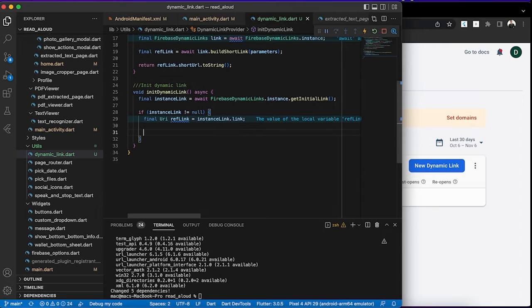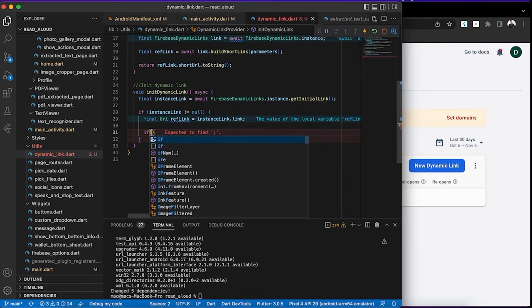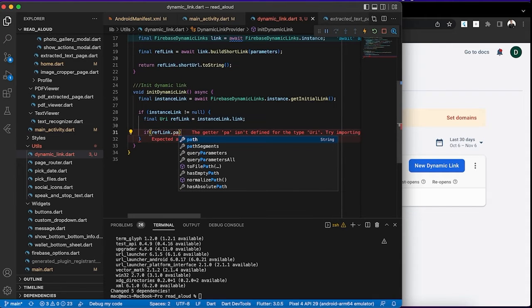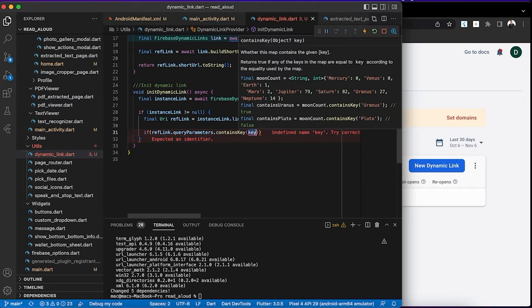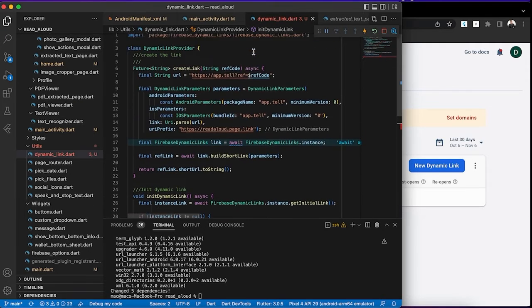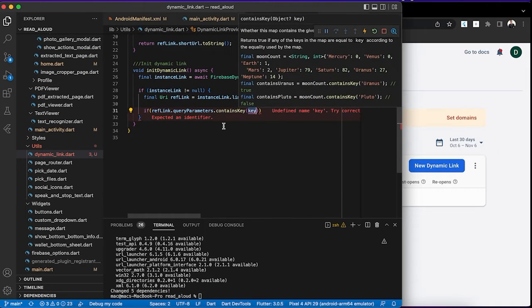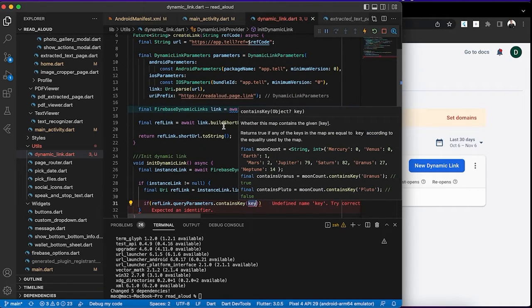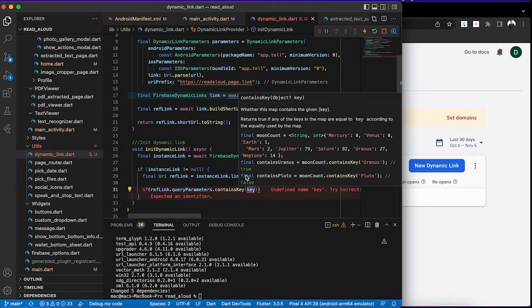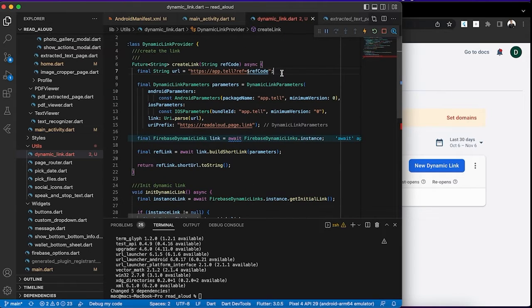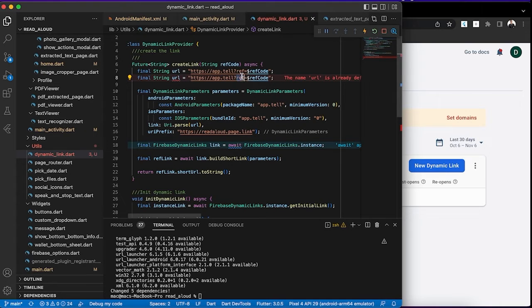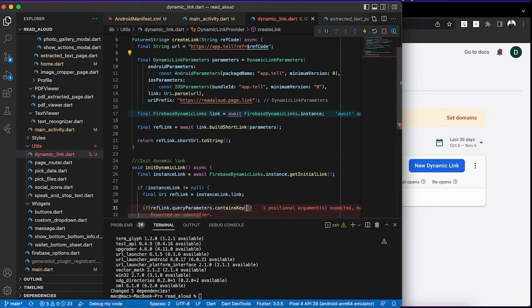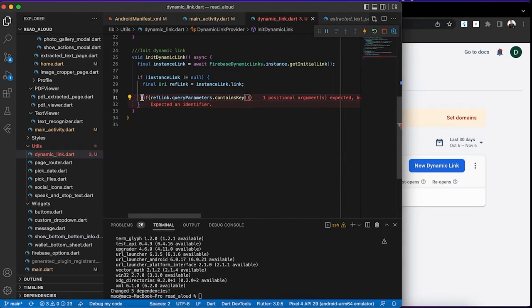So once we get that, what we can do next is check if the ref link dot parameter, like the query parameter, contains the key of, what's the key that we created? Ref. So you can actually create so many dynamic links, so you need to keep track of which of them, you understand? So if it contains ref, that means you are taking the user to the ref page and all those stuff. Because you can create more than one link, you can call this one code, the parameter will change and all those stuff. So if it contains ref, you can take them to the ref page, but since I'm not going to